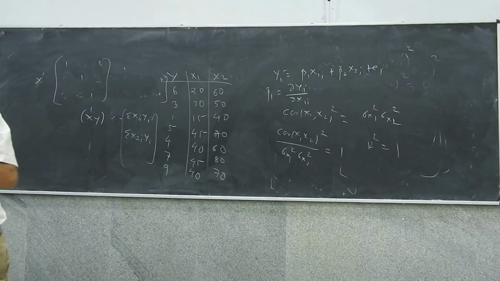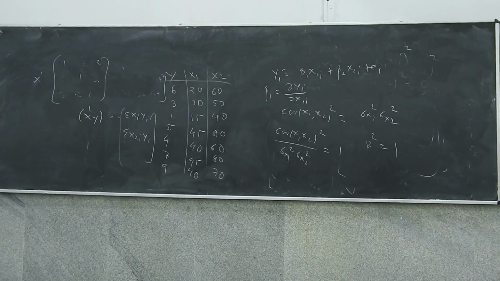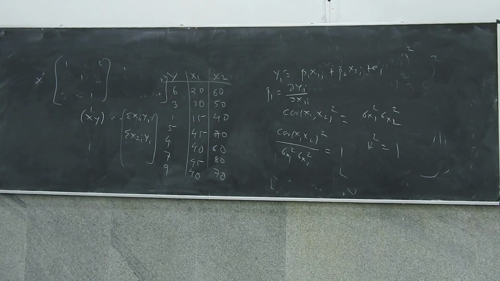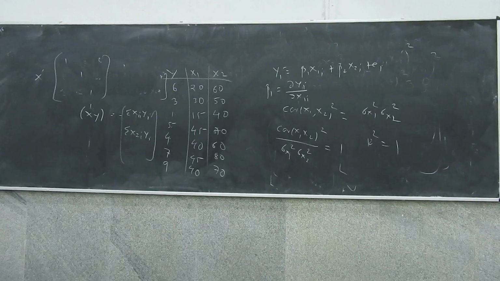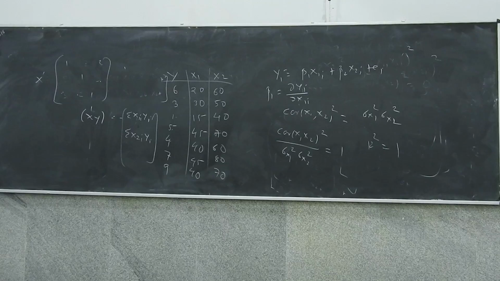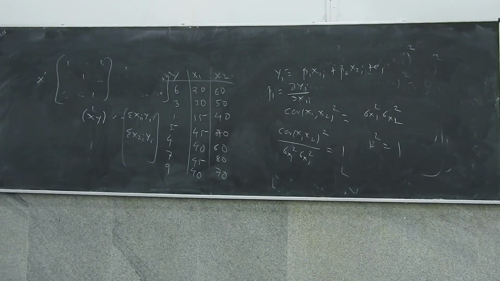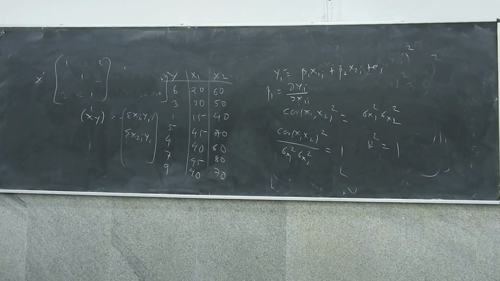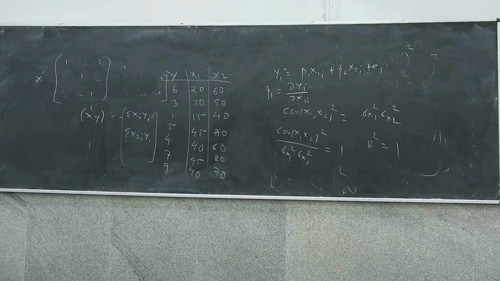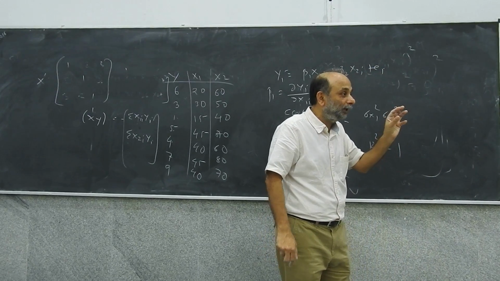Now, if x1 and x2 are perfectly correlated, can you ever carry this exercise out? Can you ever vary x1 by keeping x2 constant? If they are not perfectly correlated, you can find one or two cases where you can do that. But if they are perfectly correlated, then you can never vary x1 by keeping x2 constant. Similarly, you can never logically vary x2 by keeping x1 constant. You see the point? And therefore you cannot find beta 1 and beta 2.